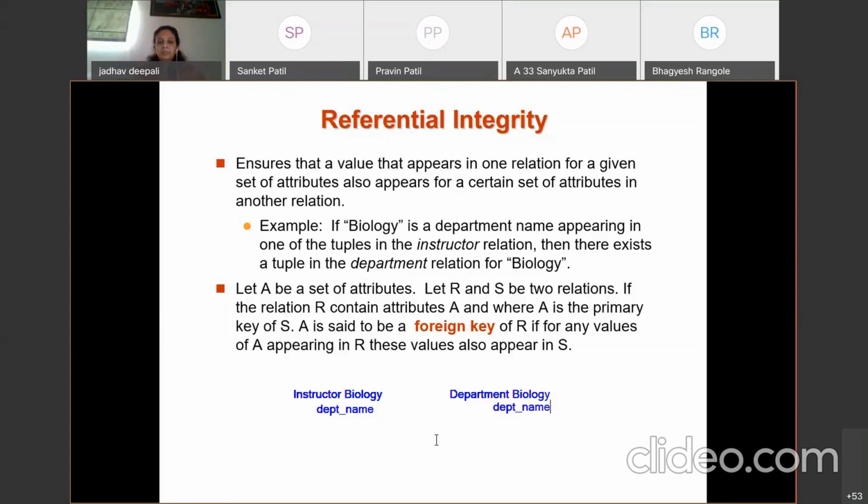See, once again, I am telling that suppose I want to insert a student in the biology department. So the student name is, suppose, XYZ with ID 101 and the department biology, and the credits are 22. So here the biology that we are going to insert must first be present in the department relation. Then only we can insert it in the student. How is it possible? It is possible by declaring it as a foreign key. So department name is a foreign key which refers to the department relation.